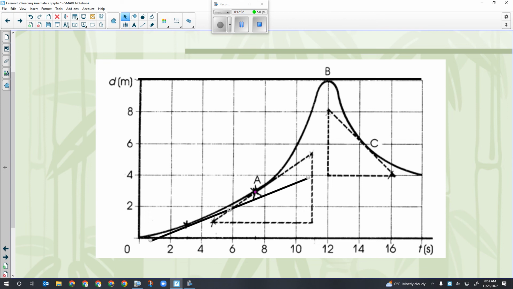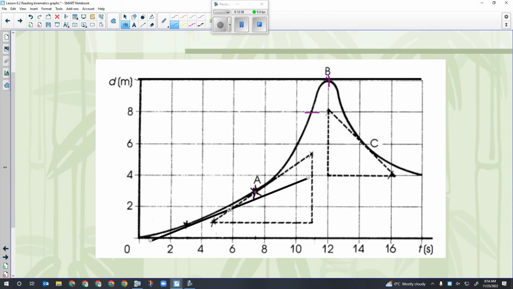Now, what's going on after this point right here to this point right here? It's no longer speeding up. What's it doing now? It's slowing down. Okay? Because if I look at the slope of this line, it starts to curve the other way. That means instead of getting steeper, it's getting shallower. Right? In fact, right here at point B,